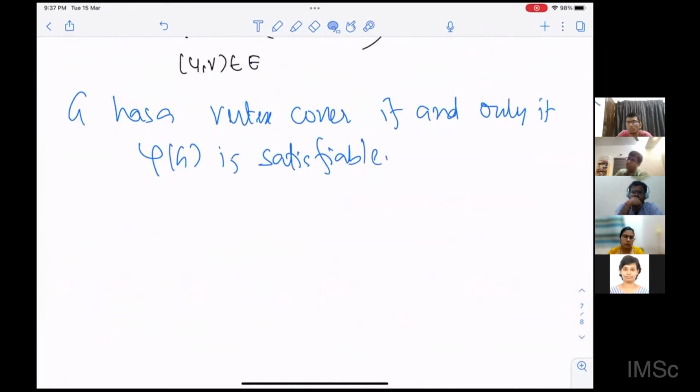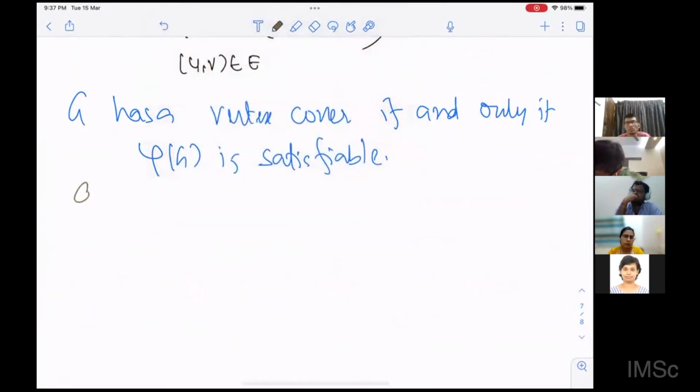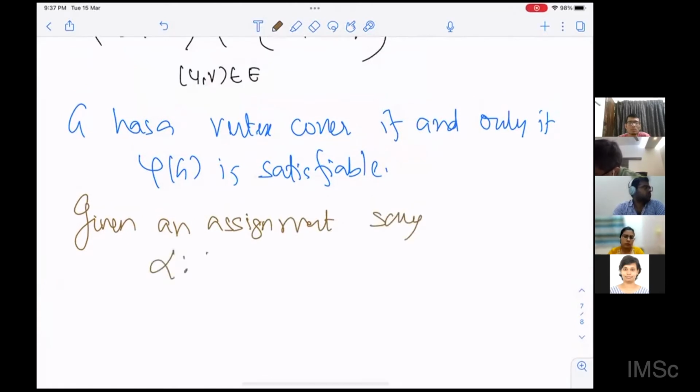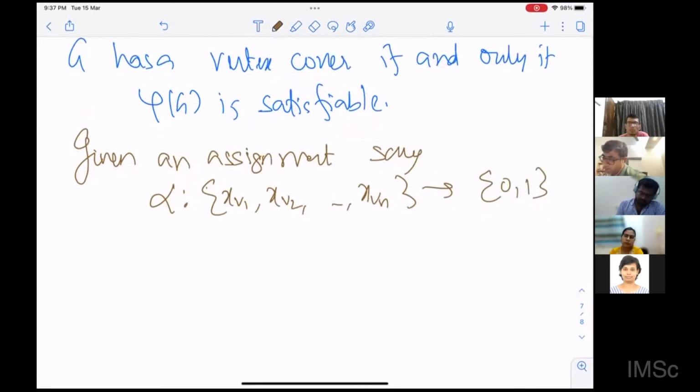You say G has a vertex cover if and only if phi of G is satisfiable. So given an assignment, say alpha, from x_v1, x_v2, ..., x_vn to 0 and 1, and given that alpha is a satisfying assignment,